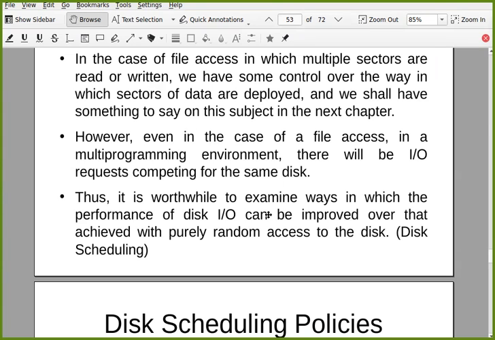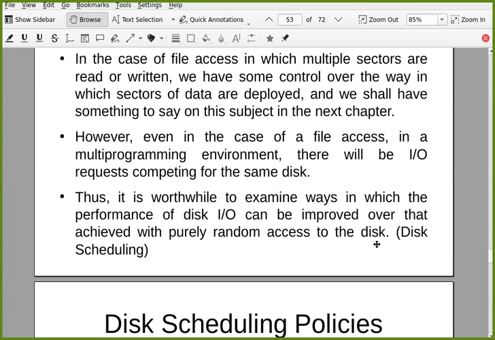Thus, it is worthwhile to examine ways in which the performance of disk IO can be improved over that achieved with purely random access to the disk. So now our focus, forget about the physical organization.